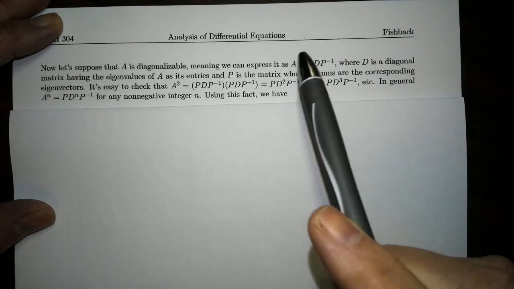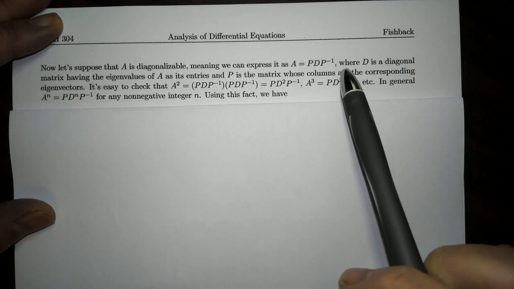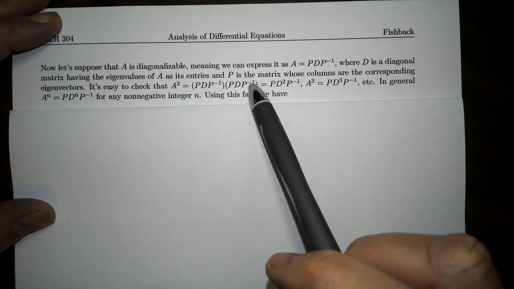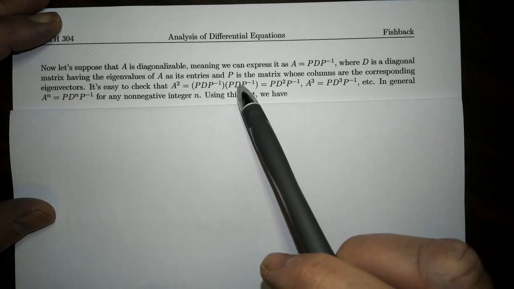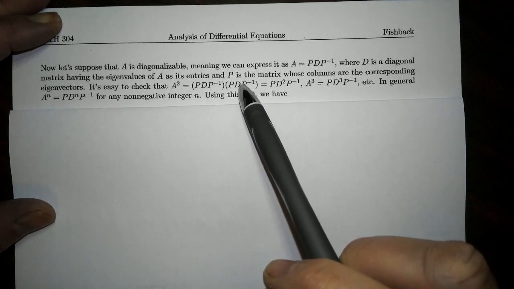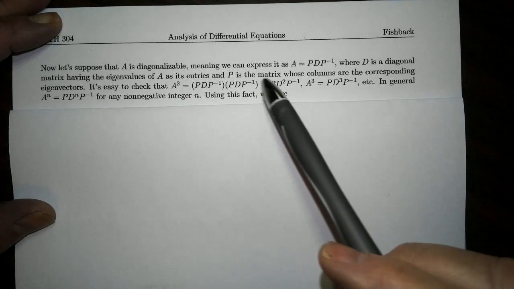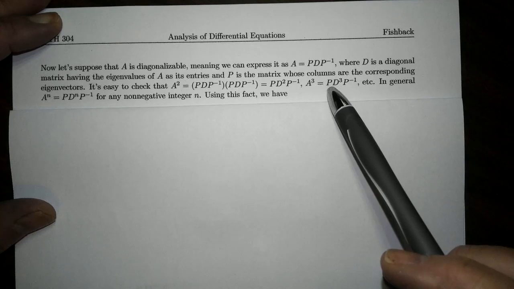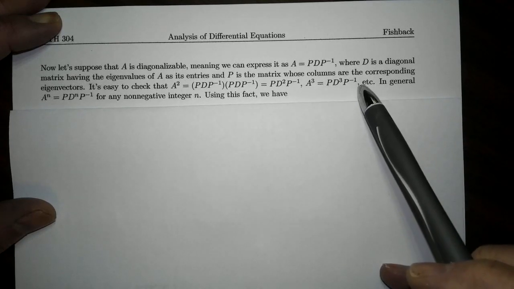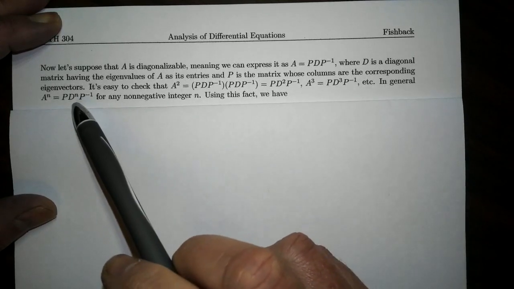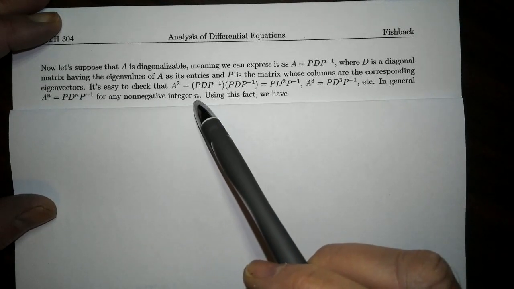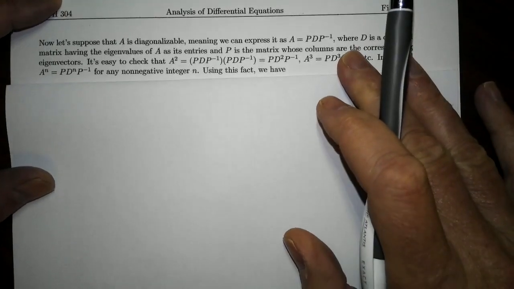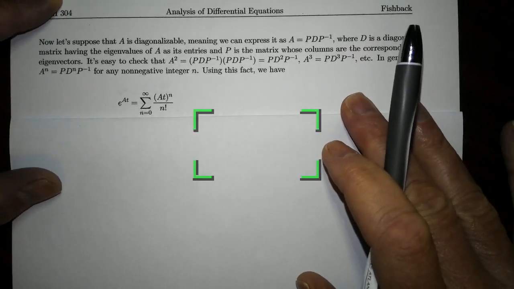Now, the nice thing about diagonalization is that it allows us to compute powers quite easily. A squared would be PDP inverse times PDP inverse, using the associative property together with the fact that P inverse times P is the identity matrix. We get the fact that A squared is just P times D squared times P inverse. Similarly, A to the third would be P times D to the third times P inverse. In general, A to the n is P D to the n P inverse for any non-negative integer n. And the nice thing about a diagonal matrix, again, is the fact that it's easy to raise to a power. So let's take